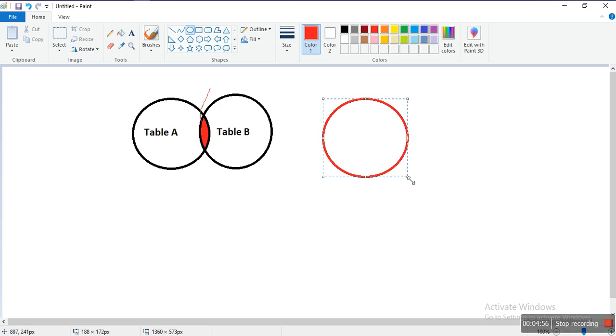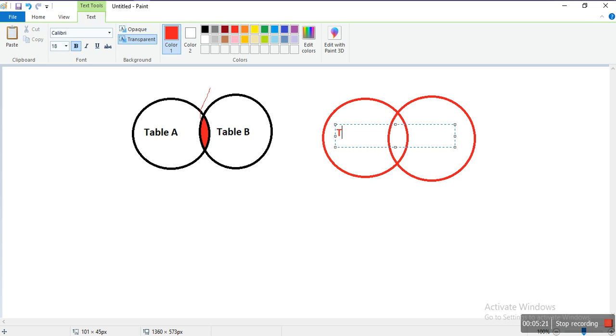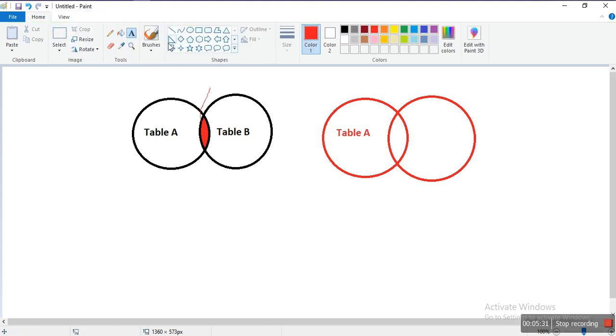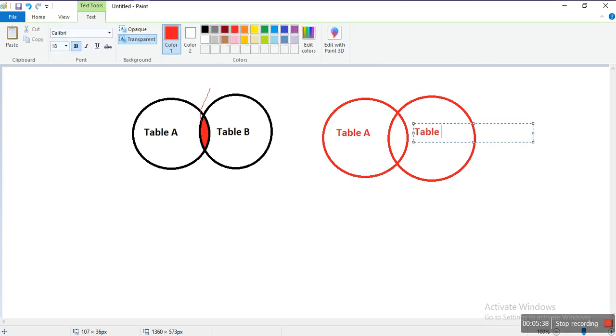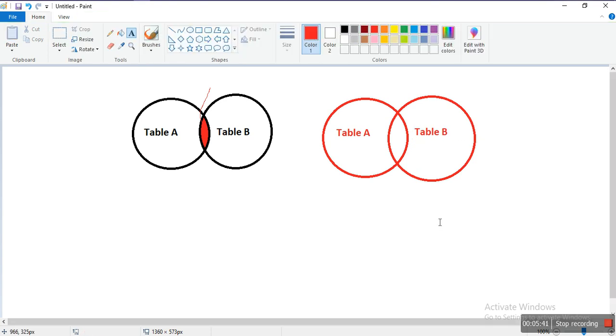Then again we take another circle. Here also we take this as table A and this one as table B. So what is left join?